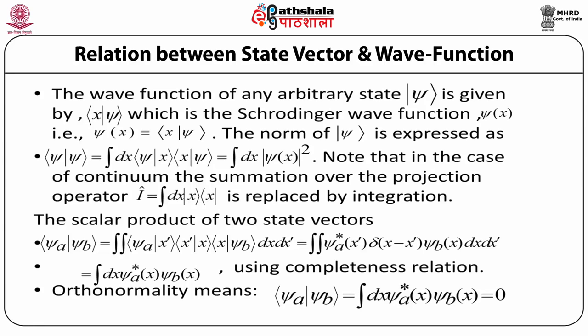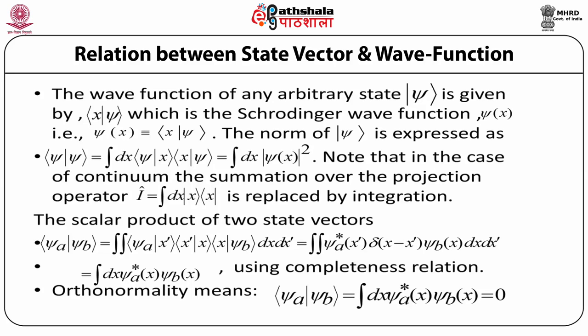So now if we have two state vectors defined by state vector psi a and state vector psi b, then the scalar product of these two state vectors is given as bra vector psi a ket vector psi b, which is equal to the integration over dx and the integration over dx prime of bra vector psi a ket vector x prime bra vector x prime ket vector x bra vector x ket vector psi b, and this is equal to the integration over dx prime of psi a x prime star delta x minus x prime psi b x,